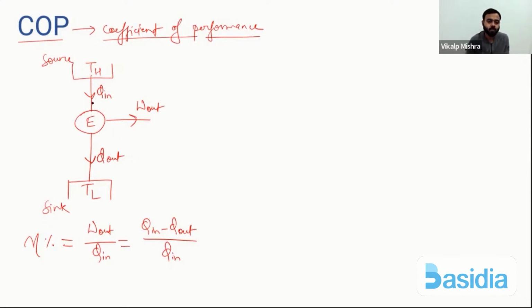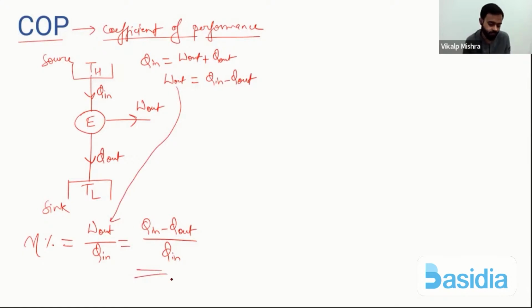सिंपल यहाँ पे देख सकते हो, क्यू इन और यहाँ पे हम लोग देख सकते हैं क्यू इन इज इक्वल्स टू डब्ल्यू आउट प्लस क्यू आउट। ठीक है, तो यहाँ से हम लोग का डब्ल्यू आउट हो जाएगा आउटपुट वर्क इज इक्वल्स टू क्यू इन माइनस क्यू आउट। ठीक है, तो ये वर्क की हम लोगों ने वैल्यू यहाँ पे रख दी है, तो हम लोग को एफिशिएंसी मिल गई ये होगी हमारी एफिशिएंसी। ठीक है, अब हम लोग देखते हैं